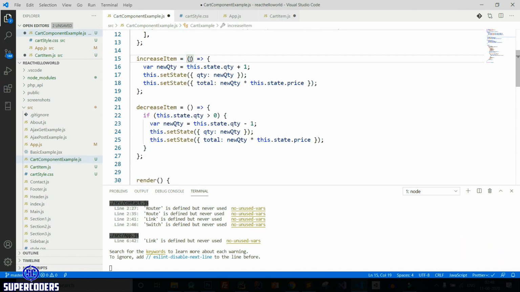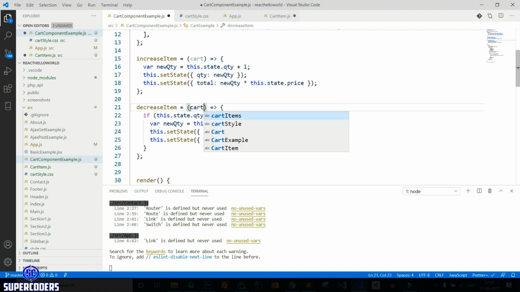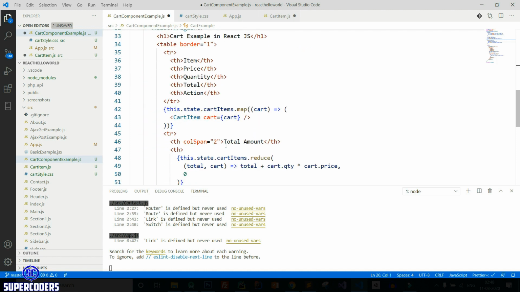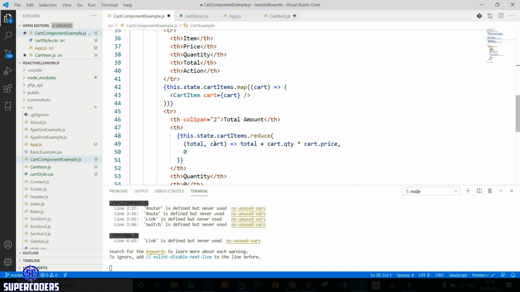Now here cart and cart. And also pass this value.